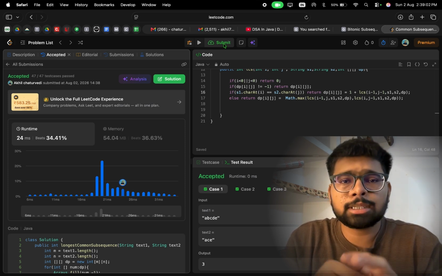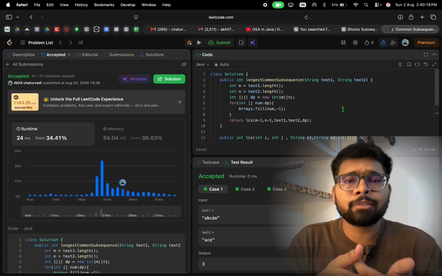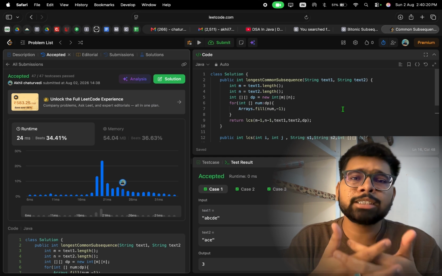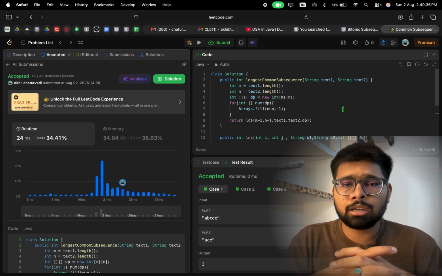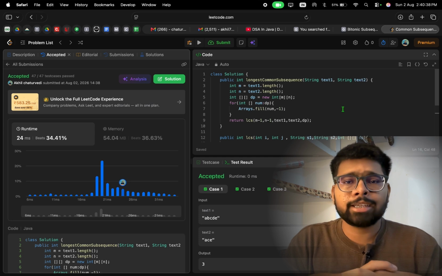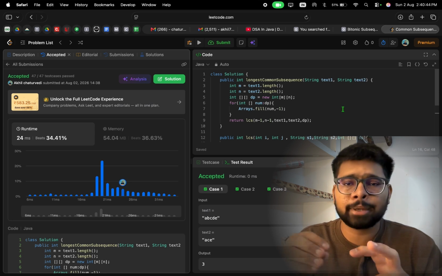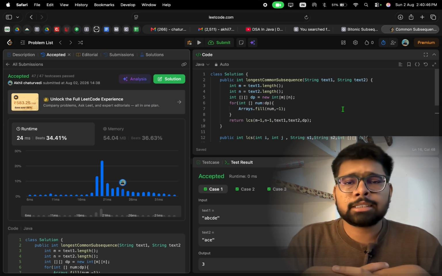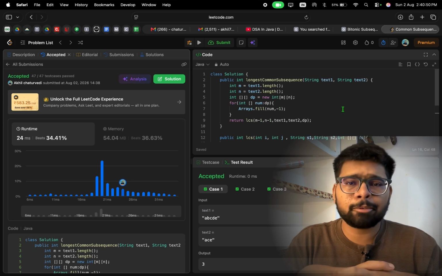So we use the tabulation method. The video became too long, so we solved this question using two approaches. Approach number 1 is using recursion, and approach number 2 is using dynamic programming memoization. We also have two approaches remaining. One is tabulation of dynamic programming, and another is also tabulation but using space optimization. This is a very optimal approach.